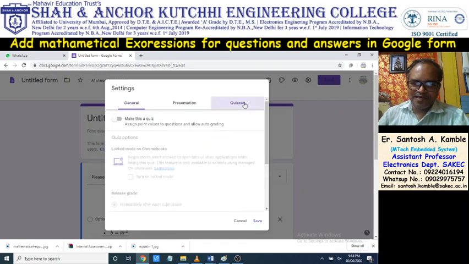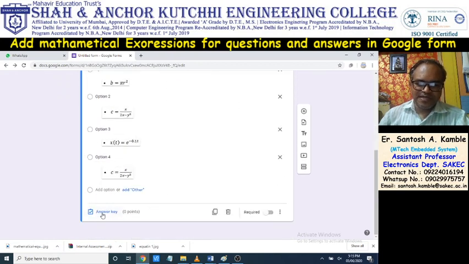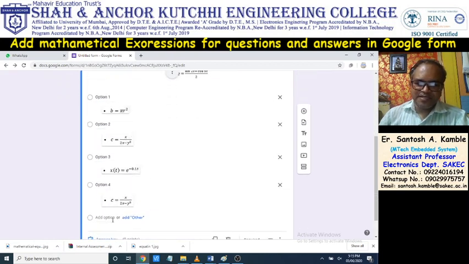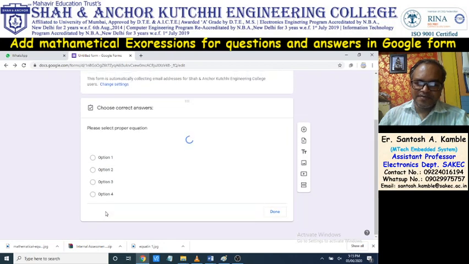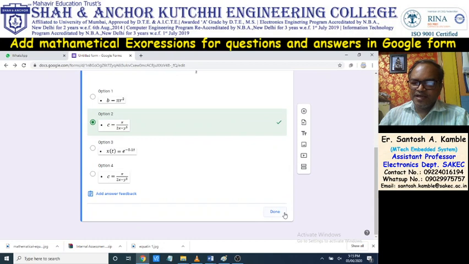First you have to make it a quiz, and only then can you assign the marks, otherwise you cannot assign the marks. So there is the option answer key. You have to click here and select the proper answer. For example, option 2 is the correct answer, so I select the correct answer. Then you can decide the marks for this. So 1, 2, 3, 4, according to your requirement you can give the marks, for example 2, and then you have to click on done.